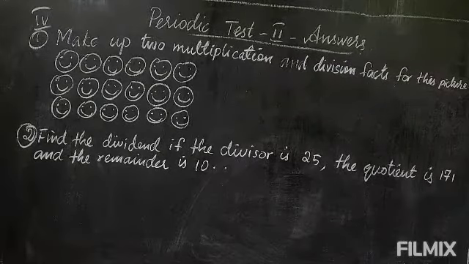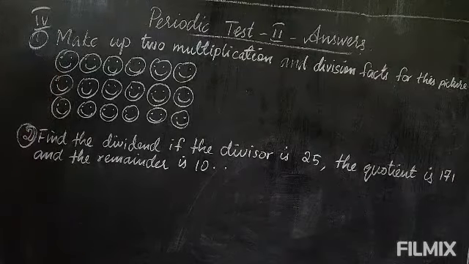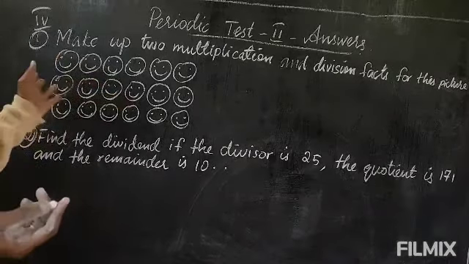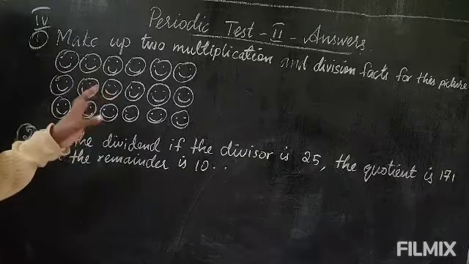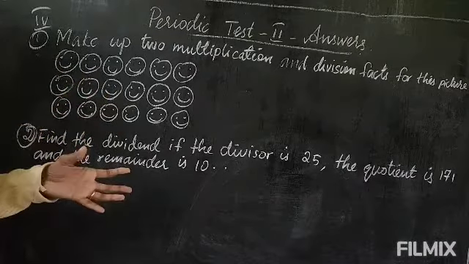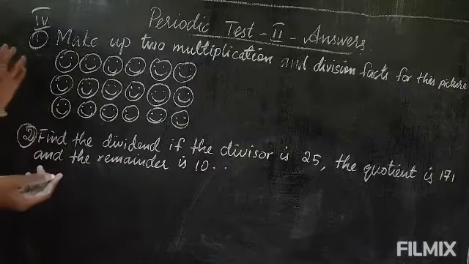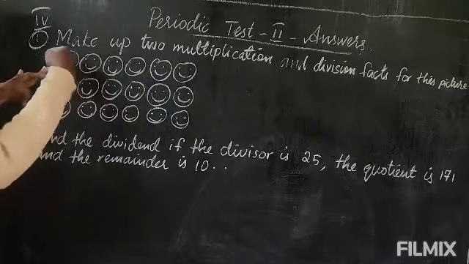Okay, now let's see the next question. This is the question many of you did not answer, only few had written the answer. I had given the picture. From this picture I asked you to write the multiplication and division facts. So many of you did not find the answer. See here, 18 pictures are there. So using these 18 pictures, take the number 18 and wherever 18 comes in the multiplication tables, that you can use. Anything can be. By arranging itself we can see 6 in one row and there are 3 rows.